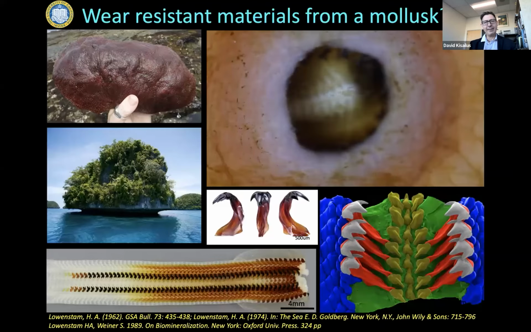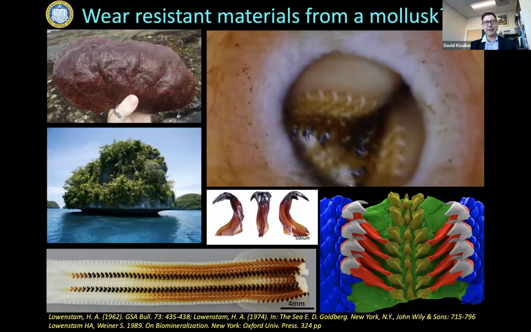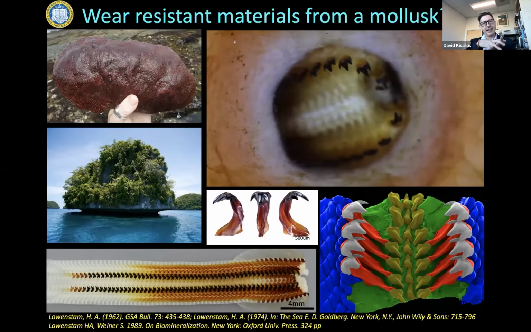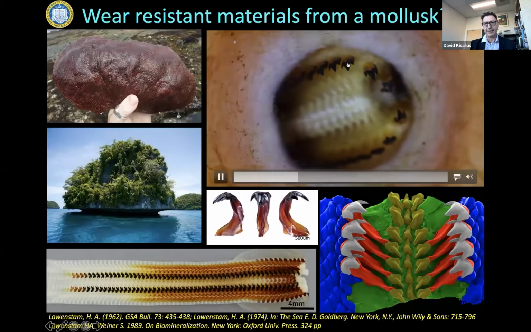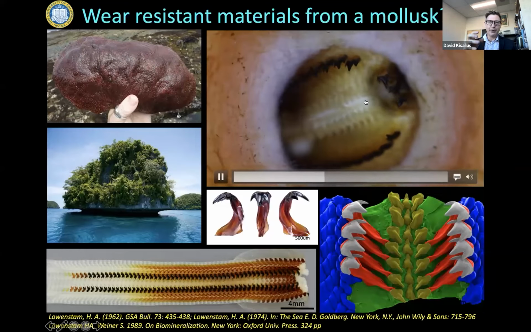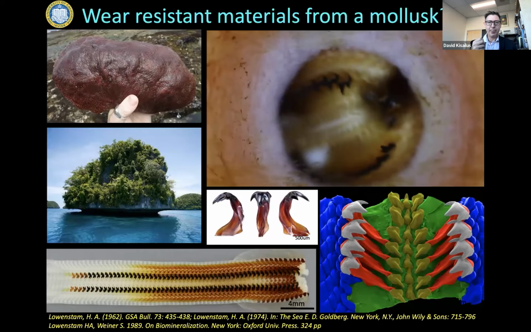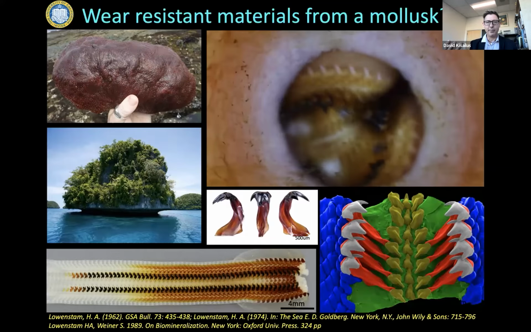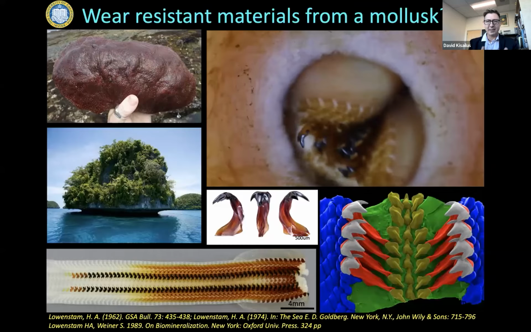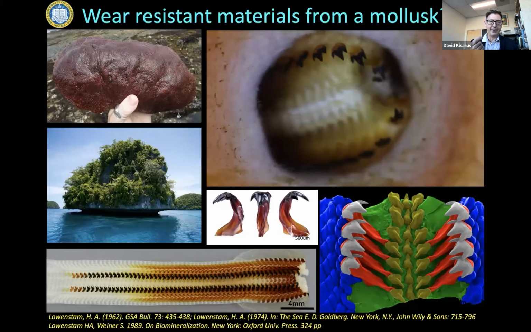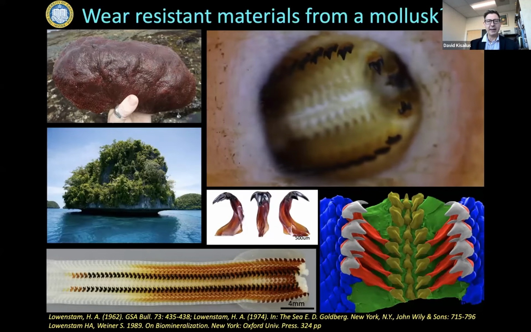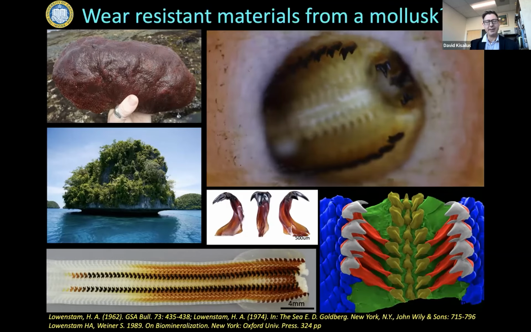This one's called the chiton. This one eats rock. It eats rock to get to algae. The algae is growing on the rock and inside the rock. And it has a specialized set of teeth here that you can see. This is its mouth that scratches along the rock. And then, of course, it wears away the rock to get to the algae. Its teeth are actually magnetic. It's pretty amazing. But it's not the magnetism that's its function. It's the magnetite, the material that is magnetic, that's really hard, that can scratch away the rocks. So we're trying to make next generation wear-resistant materials from this.